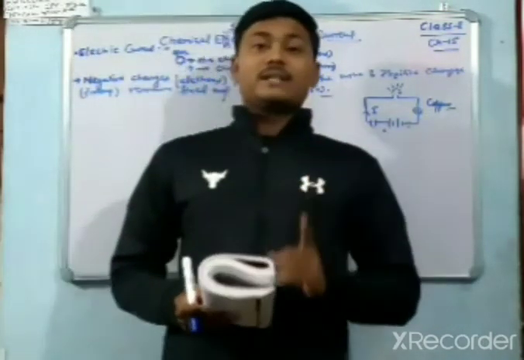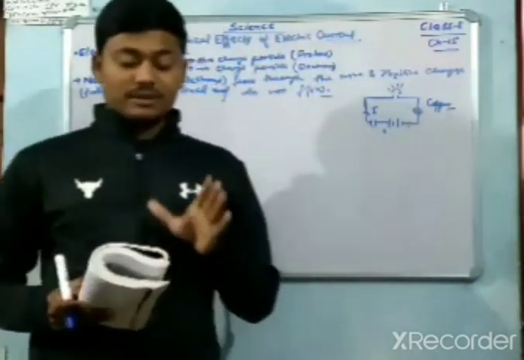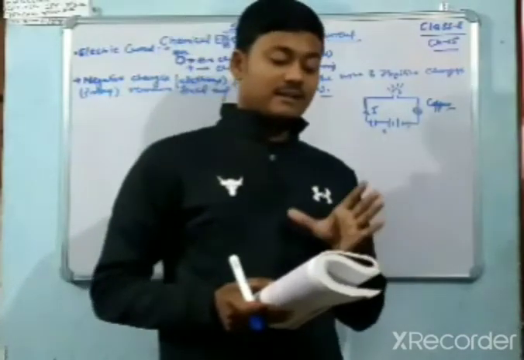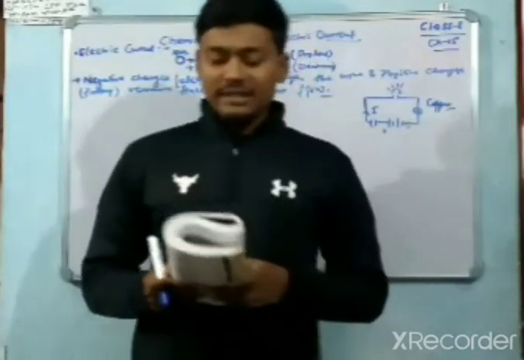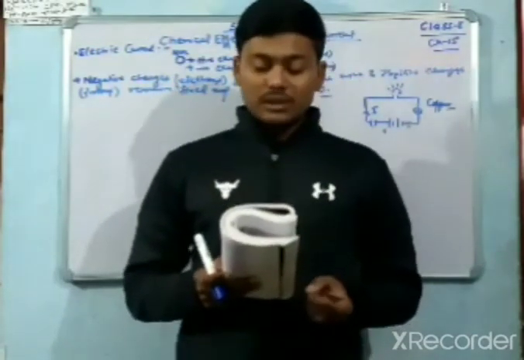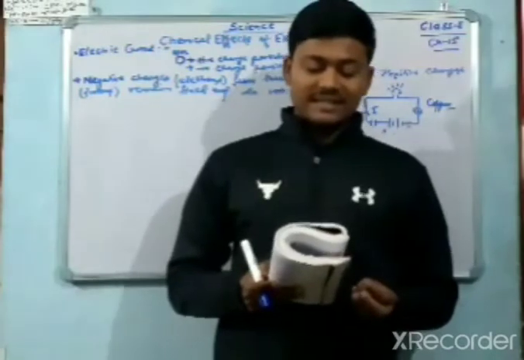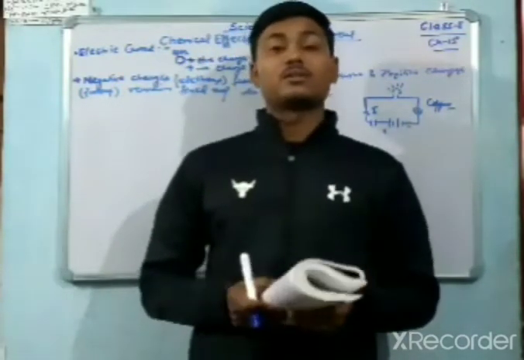So the first necessary thing is a circuit. A circuit is very necessary for the movement of electric current. The second thing is that we also need a driving force called electromotive force to push the electrons that carry the charges around the circuit, and this is provided by the electric cell or generator.